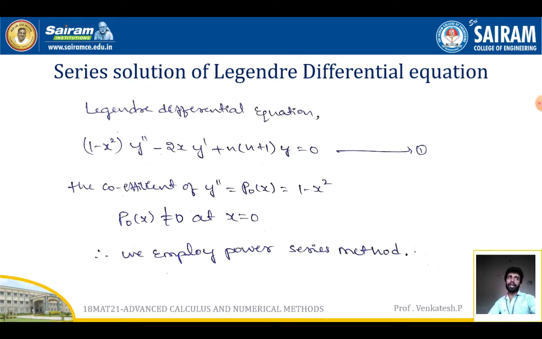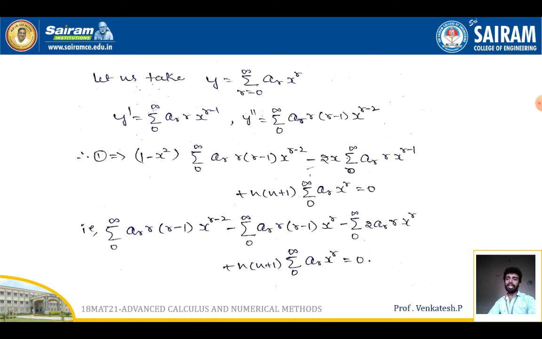So I will get y dash and y double dash there. After differentiation, I'll get the equation like this. y dash will be equal to summation r from 0 to infinity ar into r x power r minus 1. y double dash will be summation r from 0 to infinity ar r into r minus 1 x power r minus 2. Now replace y dash and y double dash in the given Legendre's